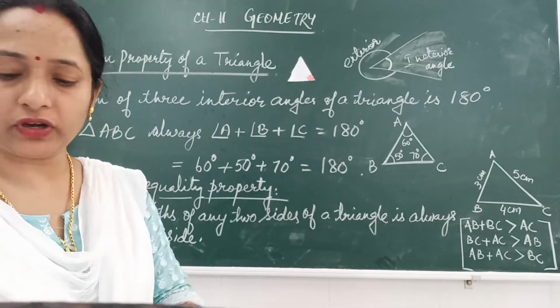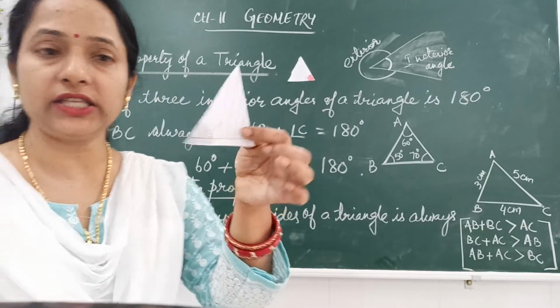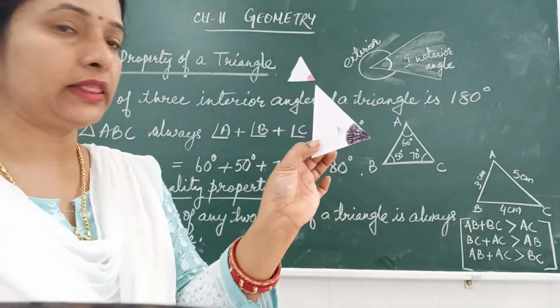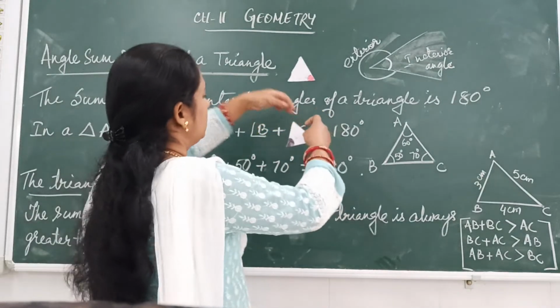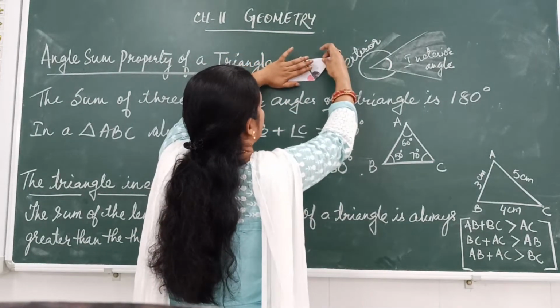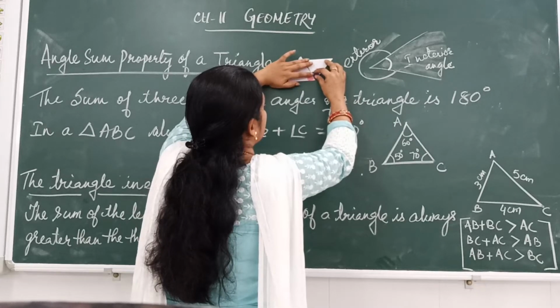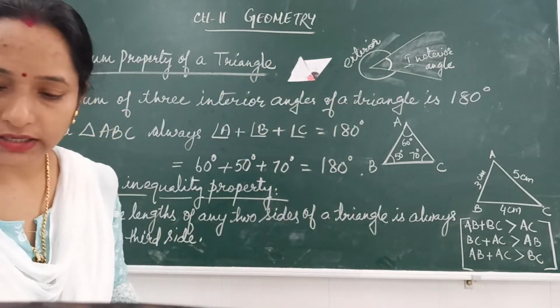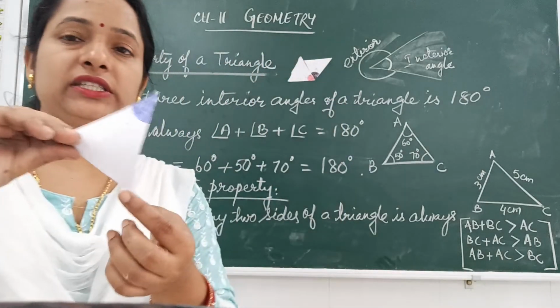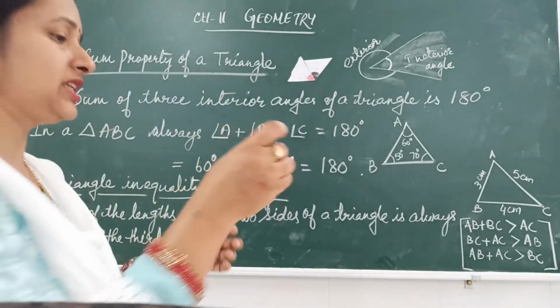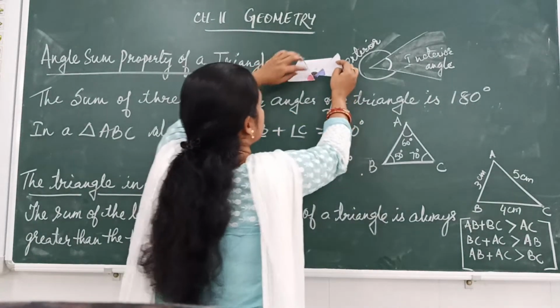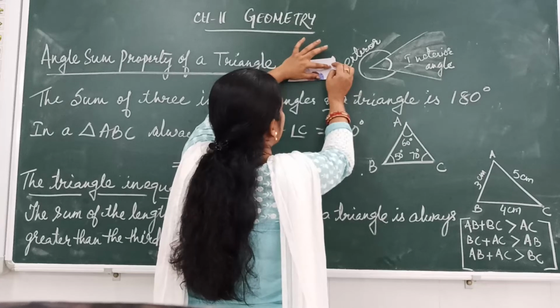Next I am coming to angle B. I will arrange this angle B in such a way that it will be joined with this angle A in this way. Okay, done. Now let us come to this angle C. This angle C also should be joined in such a way that it touches one of the sides, the arm of the angle B.